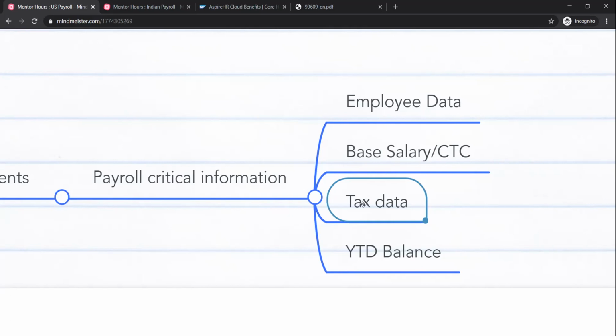So there will be no discrepancies or inconsistencies in those reports. That is the requirement whenever you are going live mid-year. Typically, mid-year go live is a little tricky, but if you are going live from January, at the financial year beginning, then there are no challenges as such. But if you are going mid-year, both your tax data and also the YTD balance,